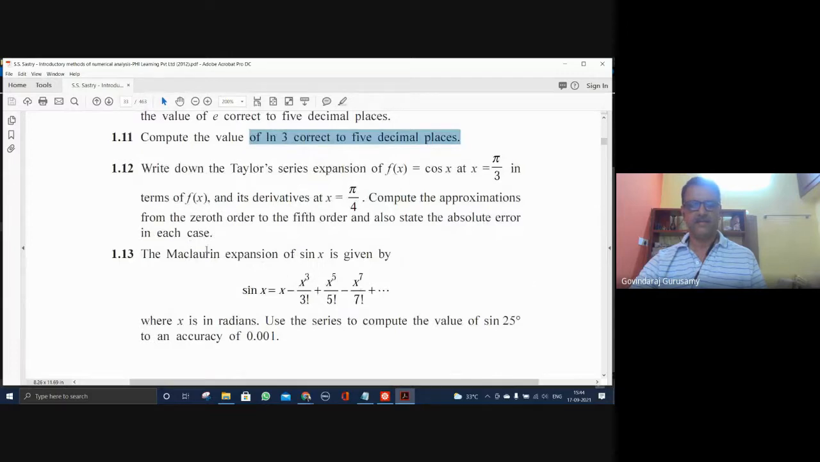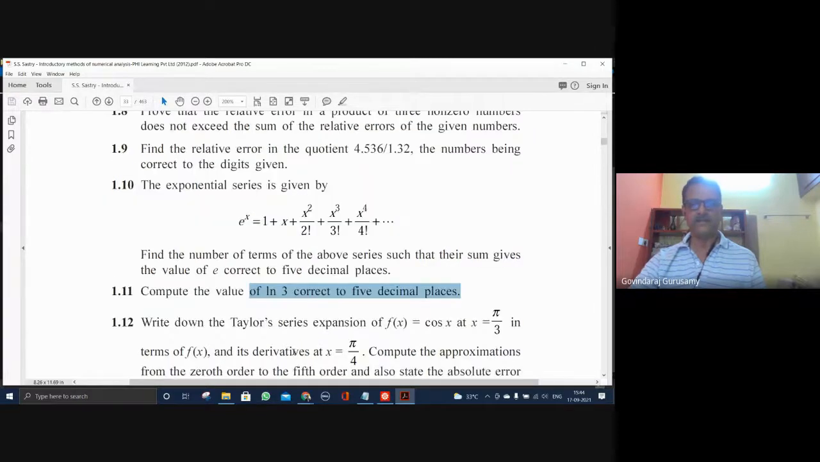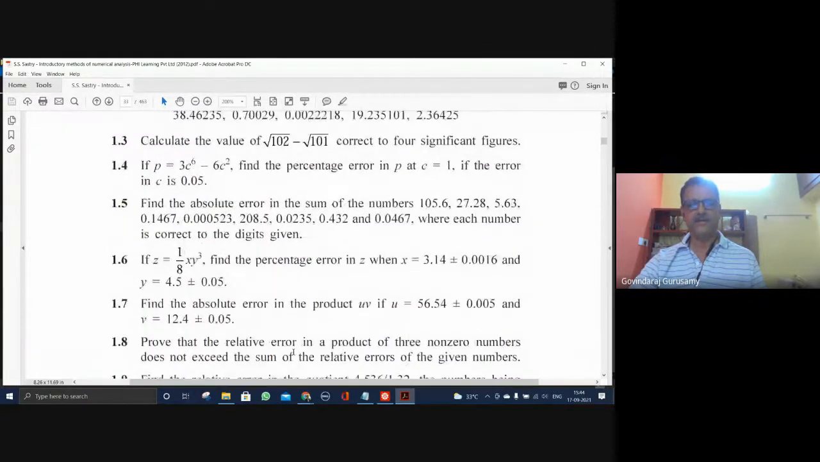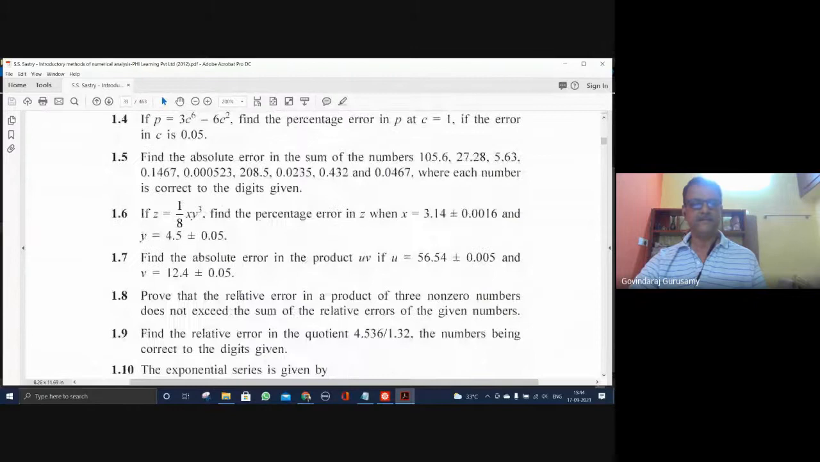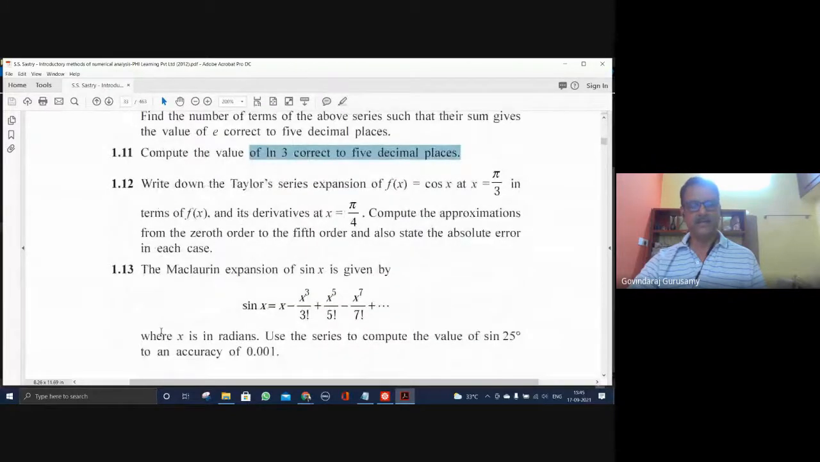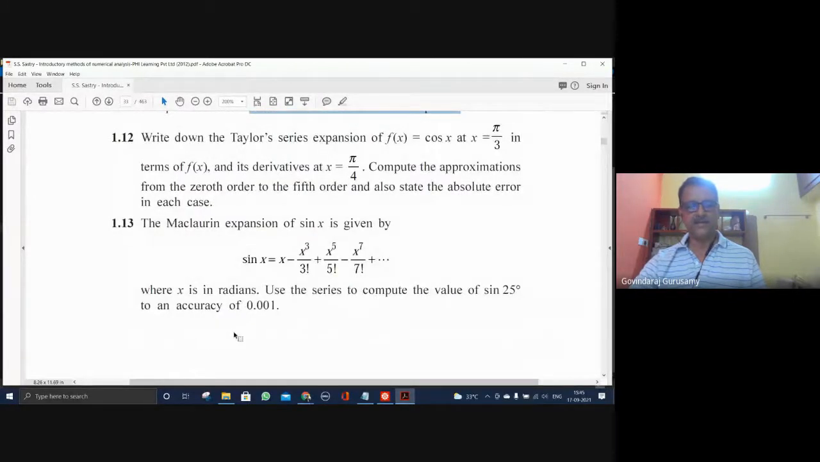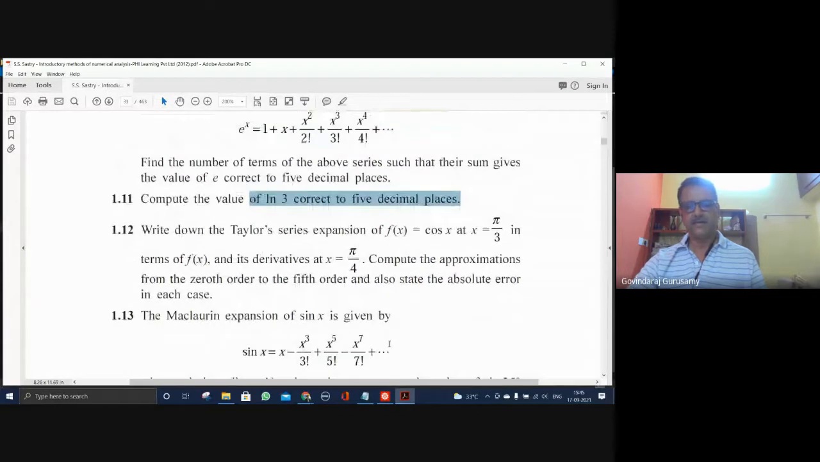This is the other series, with x in radians. Use the series to compute the value of sine of 25 degrees with an accuracy of 0.00. Absolutely no problem for these problems. All of them can be attempted and you can produce the results. About 12 or 13 problems can be done as an exercise, and that should be